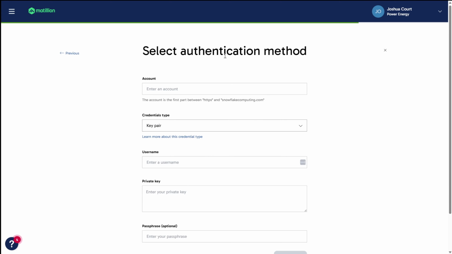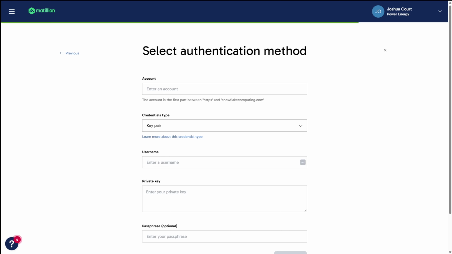Next, we need to define the authentication method for the cloud data warehouse. It's worth mentioning that if you're using a full SaaS deployment, credentials such as passwords and private keys are stored directly as strings. However, in hybrid SaaS deployments, using your own AWS or Azure agent, credentials are managed differently.